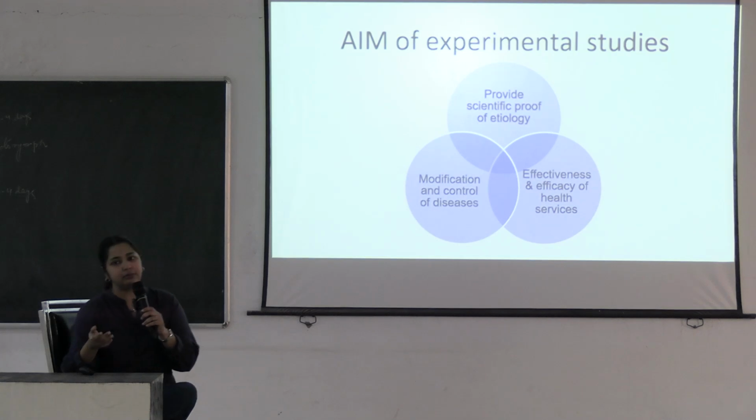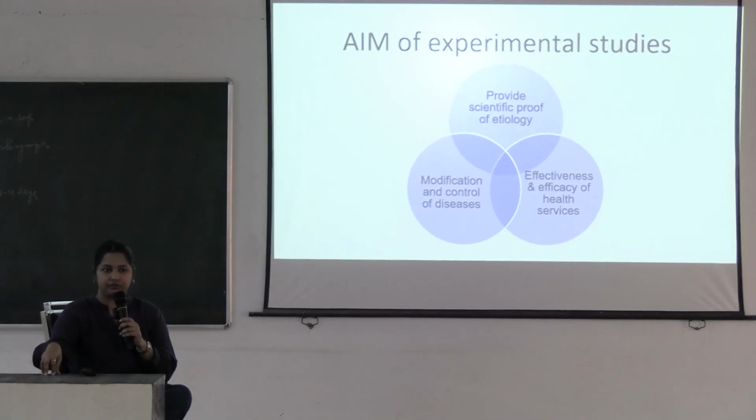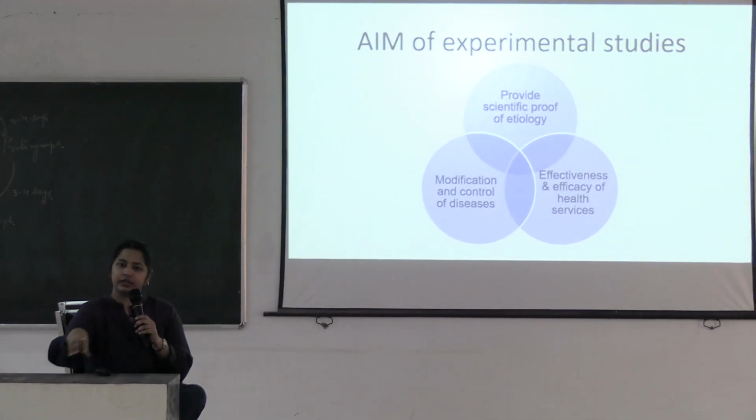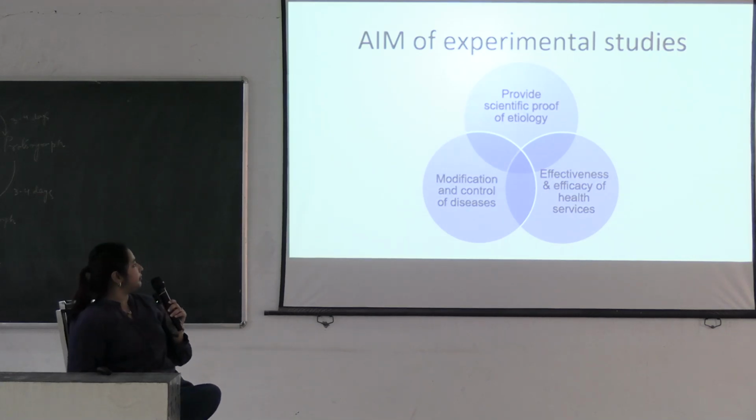Now you can say the same can be done in a cohort study only. In a cohort study, you are also studying an exposure in one group versus another group who are not exposed to that factor. But again, that is a natural study, where the investigator is just observing the exposure and the outcome, and following through time to see whether the outcome is there. But here the investigator is giving the exposure themselves. So that is a difference with the cohort study.